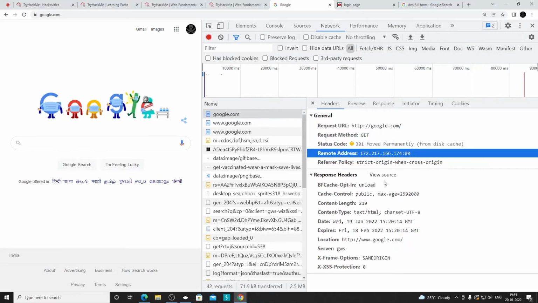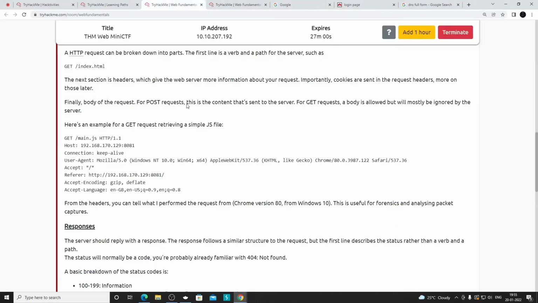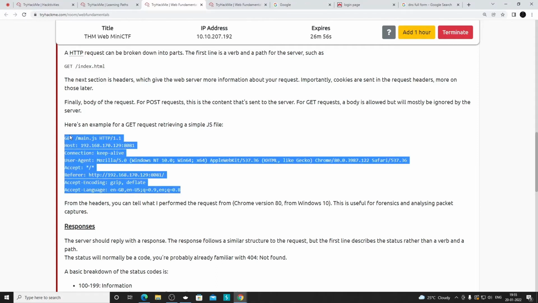Okay, that option I am not seeing. Actually, you can see it in a similar way to how it is here. Okay, we'll talk about that later. But using GET you can get the pages, using POST you can send the data. So that's all about it, in short, you can say.